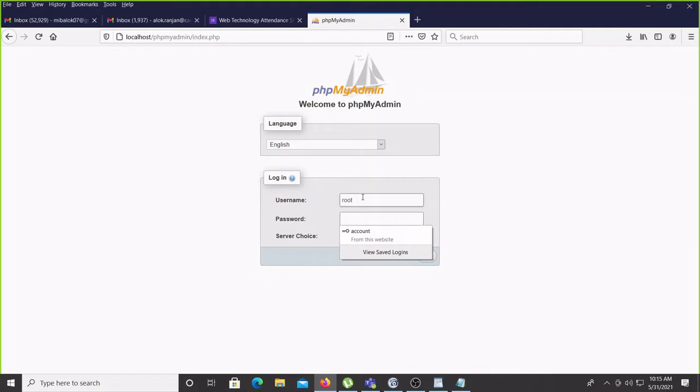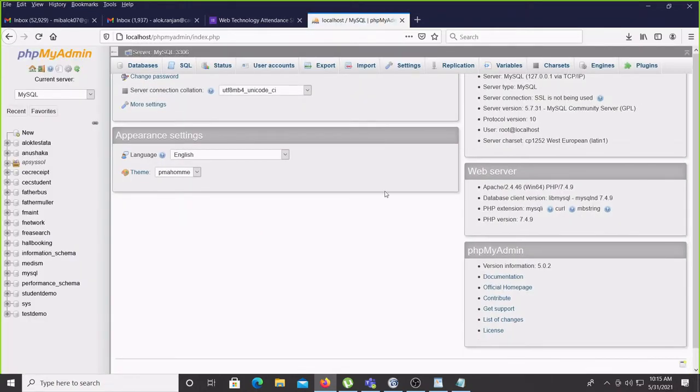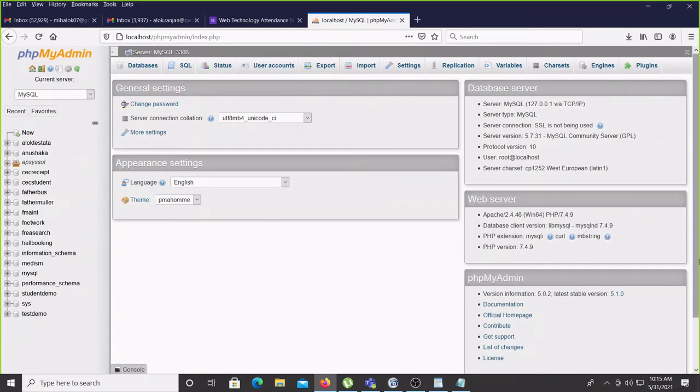The username you add here again is root, server choice you put MySQL, otherwise MariaDB is also there. You use MySQL again, but if you use MariaDB also, not a problem. By default the password is not there in the local server. If you want, you can set a password. Then click OK, and we'll get this screen.